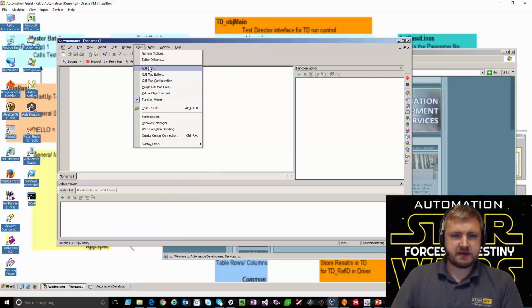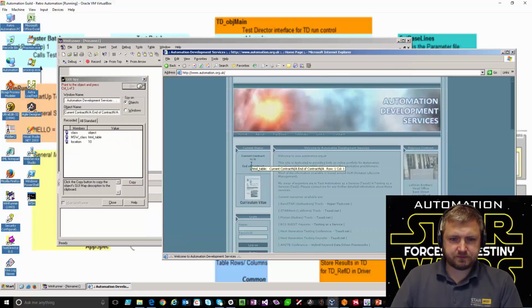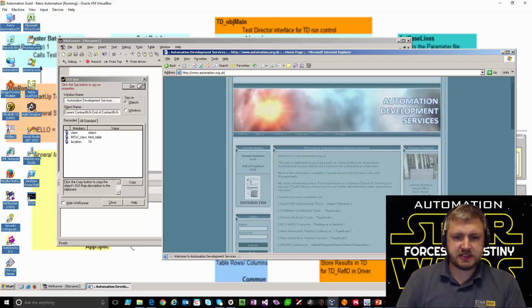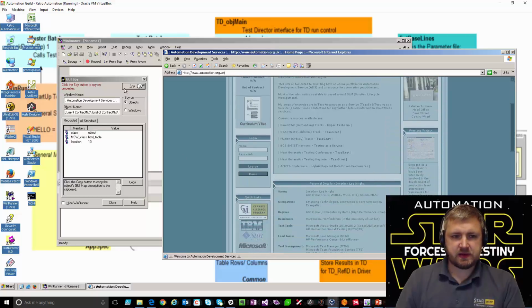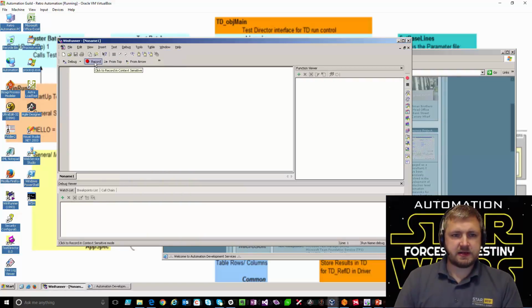Now I'm going to resist the temptation of diving straight in and using the record tool, but as you can see, I'm able to look at information through the spy tool. Okay, let's try that again now with recording.